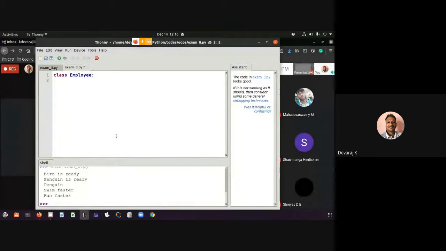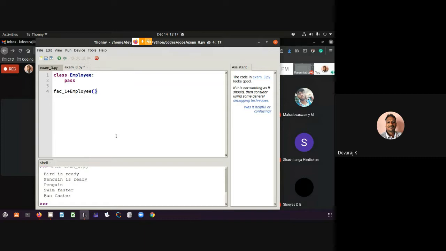Let me see this without creating any class methods and all. How unique is this actually? Let me put one pass command and check what exactly I'm trying to create. Let me call it faculty one. Faculty one is equal to employee class. Then faculty two is equal to employee class.